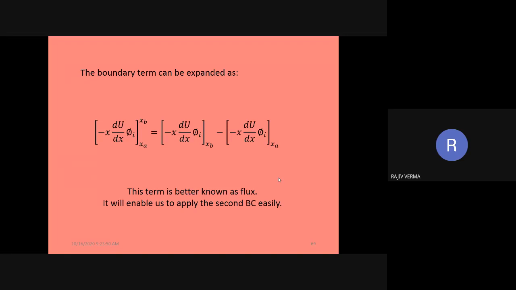तो गैलाकिन मेथड में बाउंड्री टर्म को इस जगह सब्स्टिट्यूट किया जाता है. But in the other three methods, such as the collocation, subdomain, and the least square method, we actually got a constraint equation. लेकिन यहाँ पर बाउंड्री कंडीशन को इन इक्वेशन में सिंपली सब्स्टिट्यूट कर दिया जाता है, जिसका मतलब है हमें कोई कंस्ट्रेंट इक्वेशन नहीं मिलता है, हम सीधा बाउंड्री कंडीशन को यहाँ पर सब्स्टिट्यूट करते हैं.